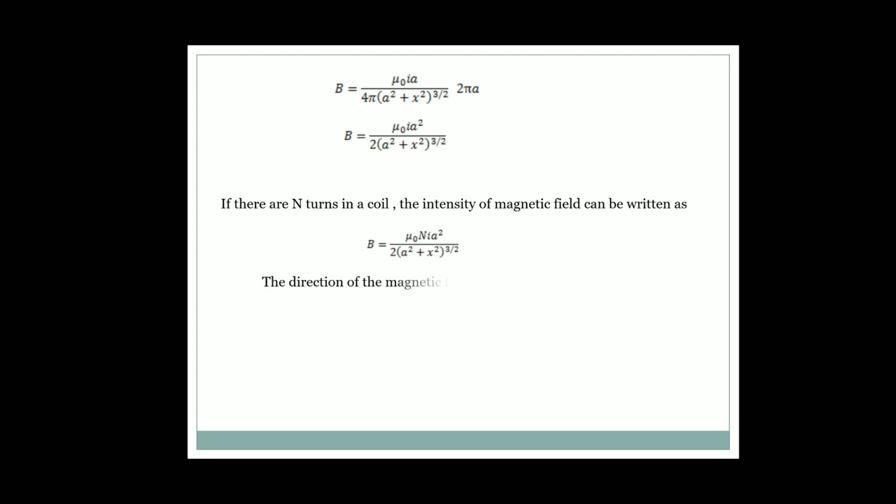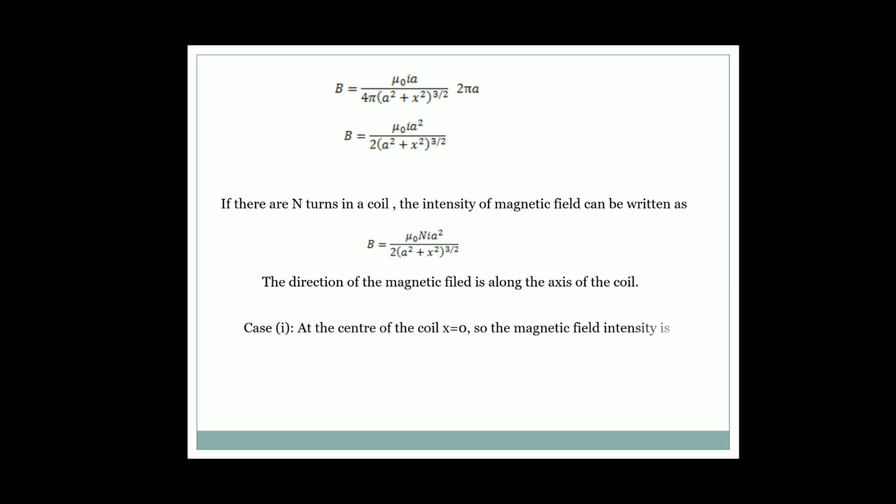Of course, by using this equation, we can determine the intensity of magnetic field in the case of an atom also. Because an electron which revolves around the nucleus, from our school days we learned that the flow of electrons is nothing but electricity. If an electron is revolving around the nucleus, it results as a current, so a magnetic field exists. That magnetic field also can be evaluated by using this equation.